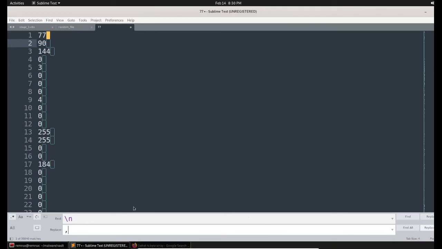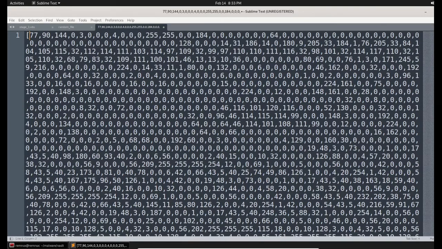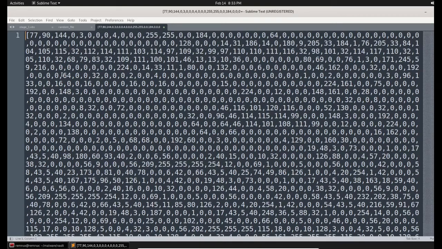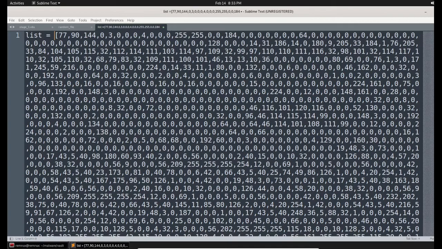It will take some time. And here we got the desired format. I pasted everything in the same line, separated by commas. Now I can bring everything inside a dictionary. Sorry, not a dictionary, a list. So let me enclose it with square brackets, and I'm going to the top. I'm creating the variable name here. I'm simply giving the name as list, since it is a Python list.